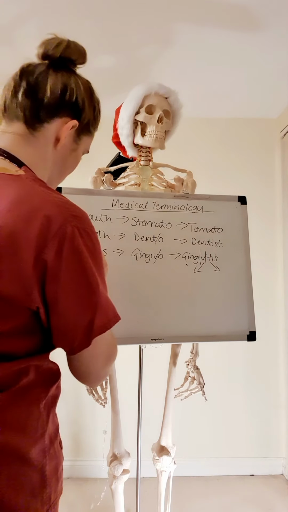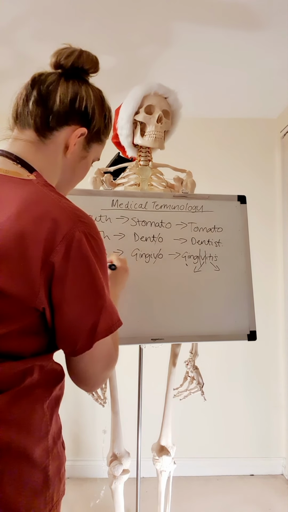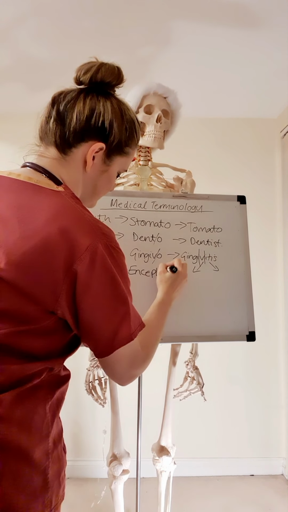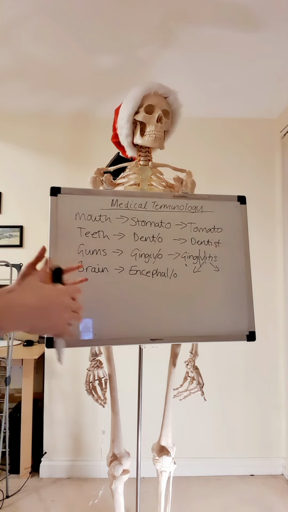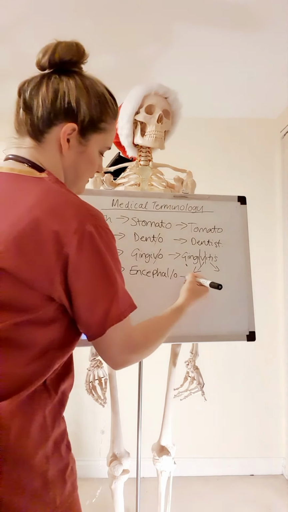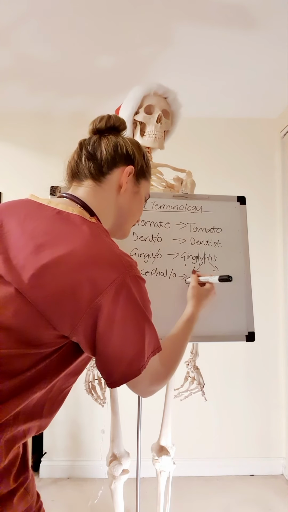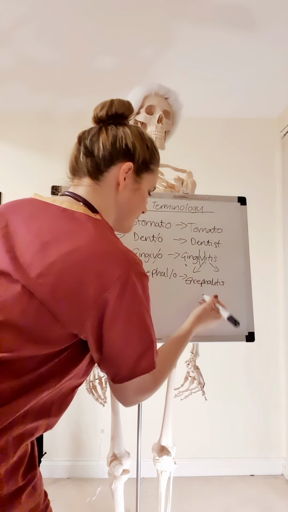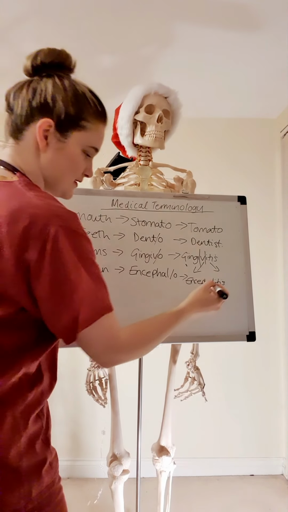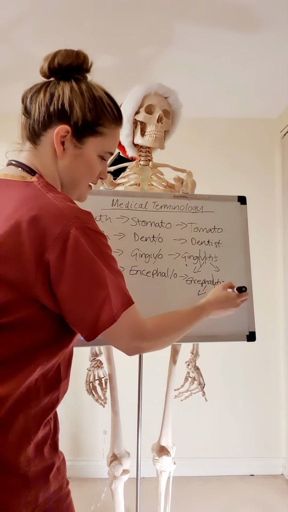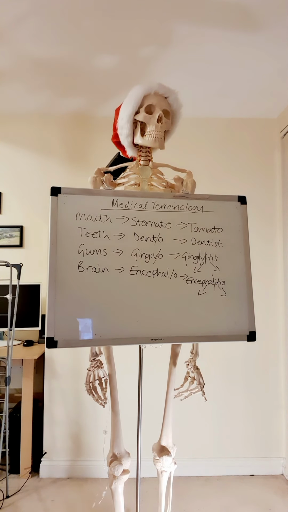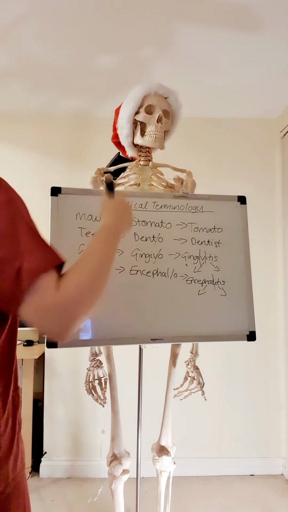Now, going towards the top of the head, I want to do the brain. So the brain is a bit of a weird one. So the brain is encephal or encephalo. Now, we may have all heard of encephalitis. Now that we know what encephalo means, this is a lot easier to break down. So this is the brain, this is inflammation. So encephalitis is inflammation of the brain. Another one is, where can we go from here? So we've done this,